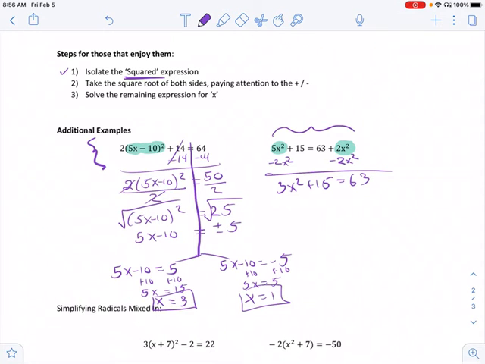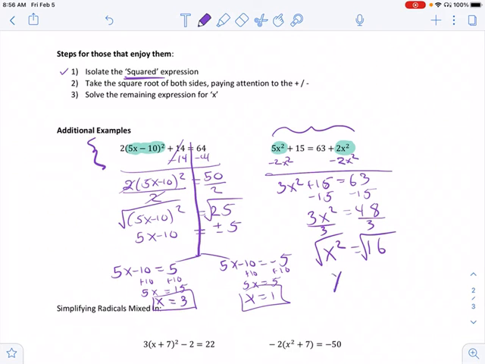And then this is 15. So I'm subtracting 15 from both sides. I still don't have my squared expression by itself. So don't think that 3x squared is the squared expression isolated. That 3 isn't being squared, so I need to keep going one more step here. Now that I have it